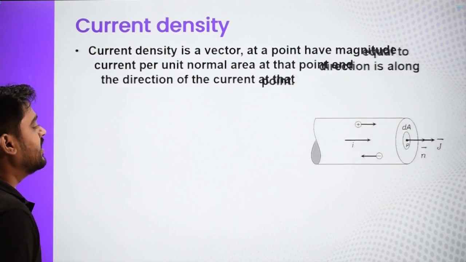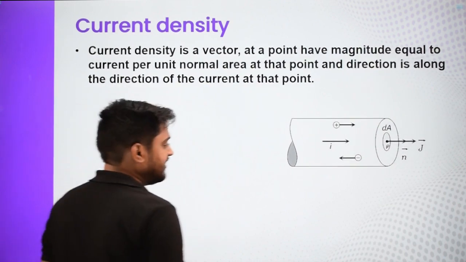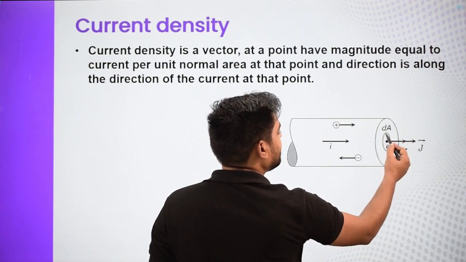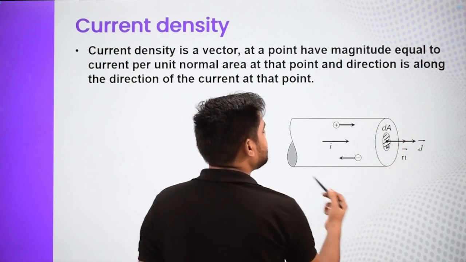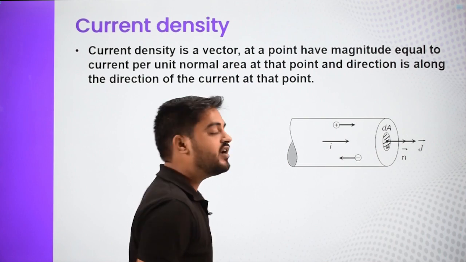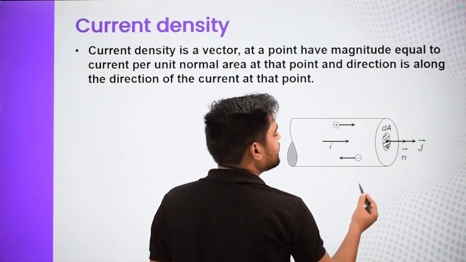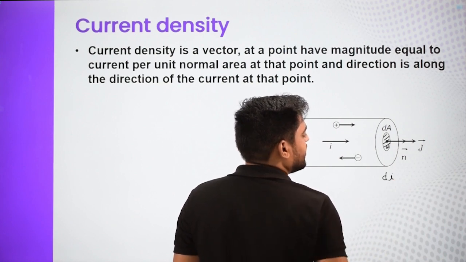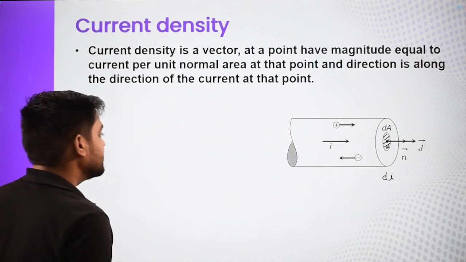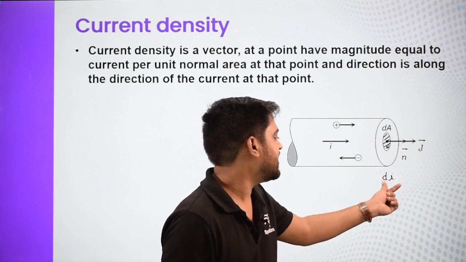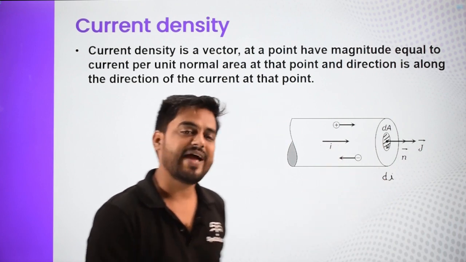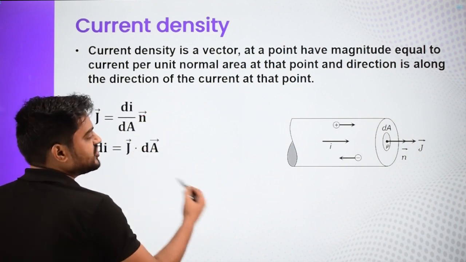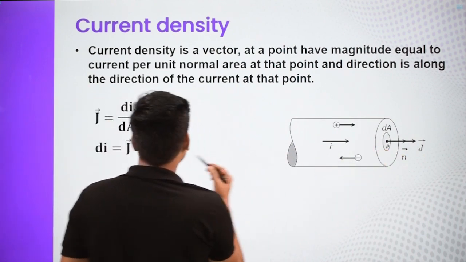Now, let it be a conductor, here current I is flowing. This is the area of cross section. I am talking about this area of cross section. I is the total current which is flowing through the total area of cross section. So I'll say let the current passing through this region be dI. So J is defined as, see, the direction of J vector is the same as the direction of current, and the magnitude is defined as current per unit area. So how much is the current? Current through this region is basically dI.